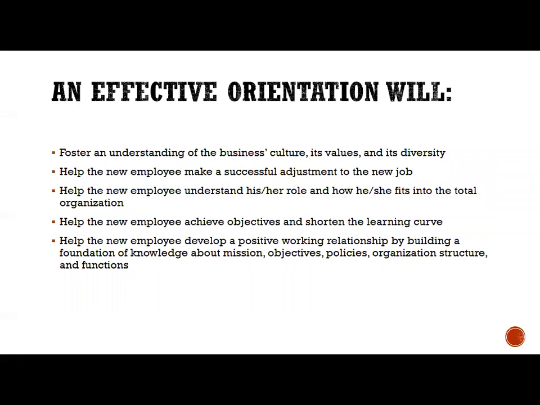So, an effective orientation will foster an understanding of business culture, its values, and its diversity. Help the new employee make a successful adjustment to the new job. Help the new employee understand his or her role and how he or she fits into the total organization. Help the new employee achieve objectives and shorten the learning curve. Help the new employee develop positive working relationships by building a foundation of knowledge about mission, objectives, policies, organization structure,